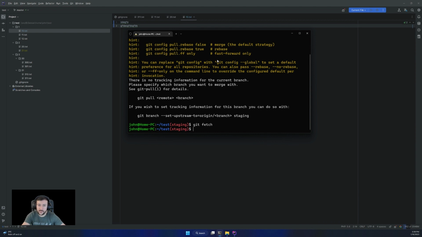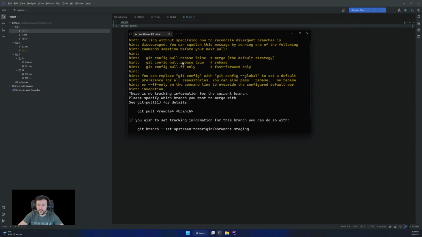So basically it updates the git database to tell git what's on the remote, and that's what fetch does. Git pull will do a git fetch and then merge whatever is on the remote with your local branch. So that will happen with git pull, as a difference to git fetch.